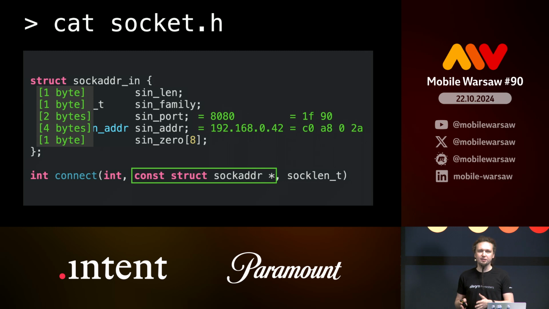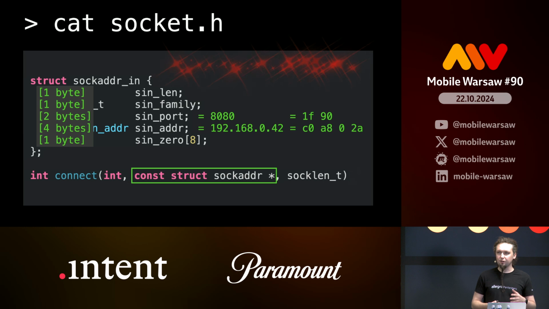And those structures are not really visible at runtime, in the debugger, so you will need to calculate all the offsets by hand. So I replaced the type declarations on the left with byte sizes. The first and the second values take 1 byte each. So the third value, the port number, is at an offset of 2 bytes. So knowing all of that,